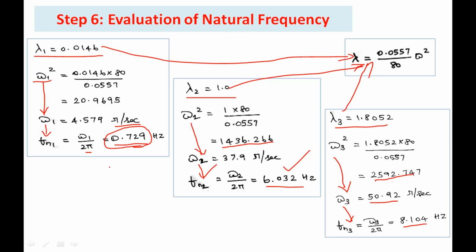Similarly, if you want to find the higher natural frequencies, then we have to go for a larger number of elements, right? If you use more elements, we are able to find n number of natural frequencies, right? So we are doing the calculation manually. That is why we are restricting ourselves to a two element model. When we solve this problem using computer software, we can use any number of elements, right? So when we use 100 elements, we are able to get more than 100 natural frequencies. That is possible.